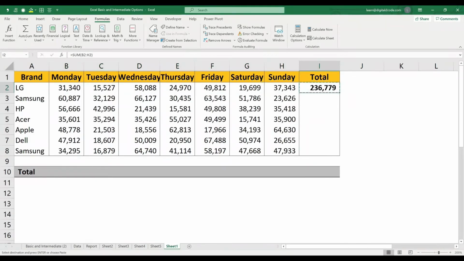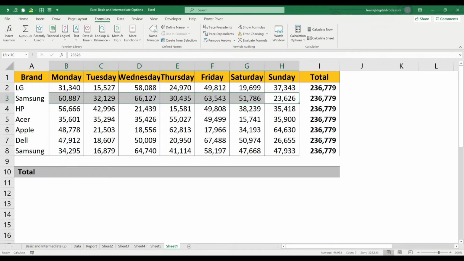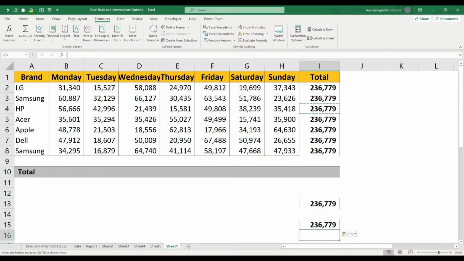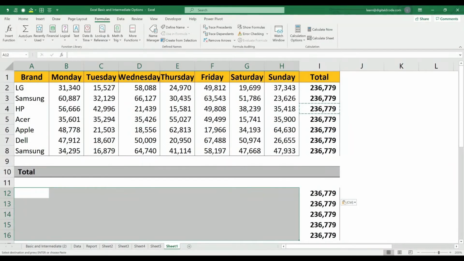Let me copy this and paste it for other cells. If you noticed, I'm getting the same number, but I was supposed to get a different number because I have different numbers here. If I add this, I was supposed to get 328533, but I'm getting the same number. Whatever I copy pasted, I get the same number. Let me copy paste this to the other cells. It's a formula. I'm getting numbers even though I don't have any data here, because Excel is not doing the calculation, since we kept it as manual.